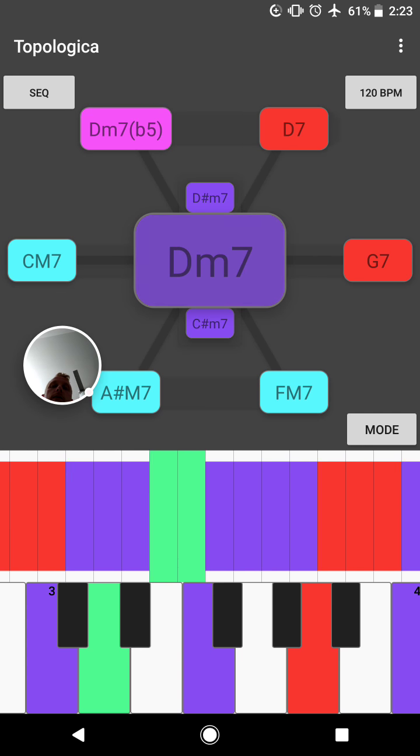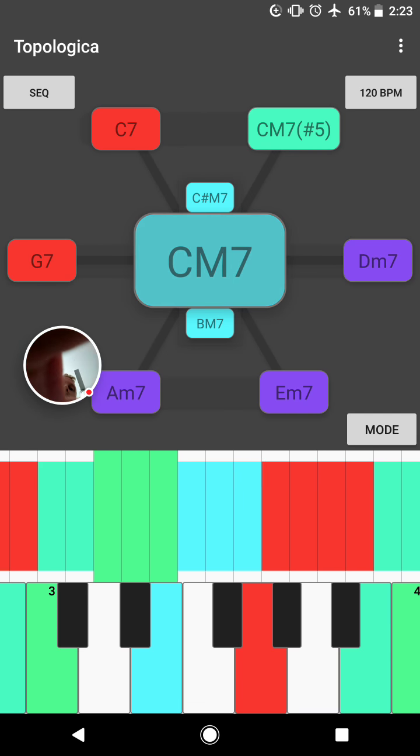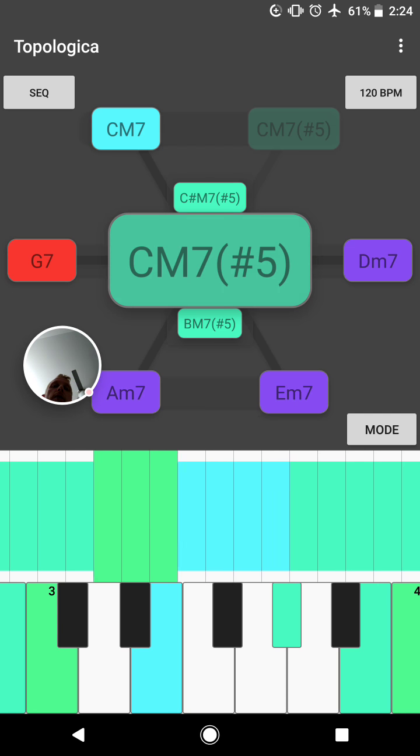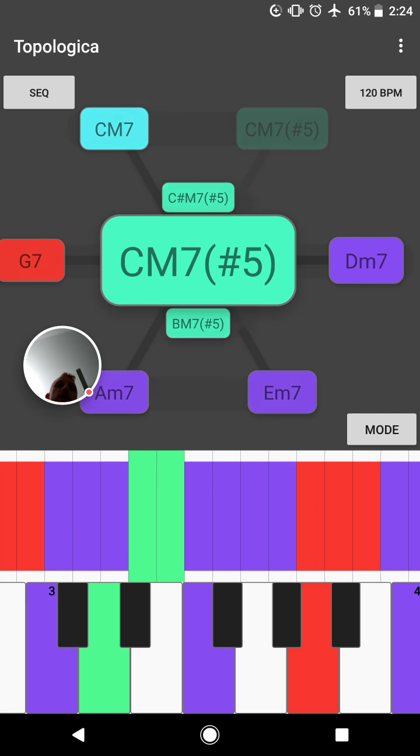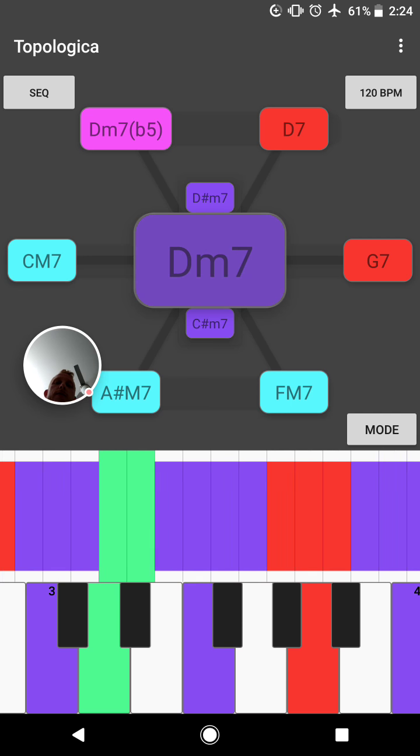2, 1, 1 sharp 5, or augmented, 2, back to